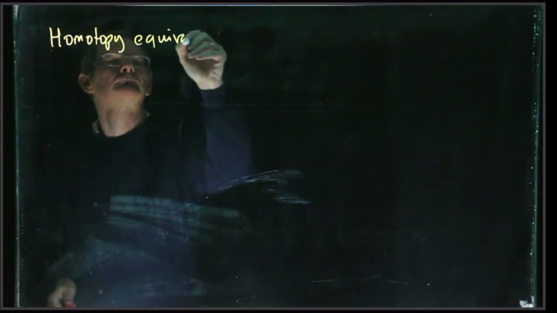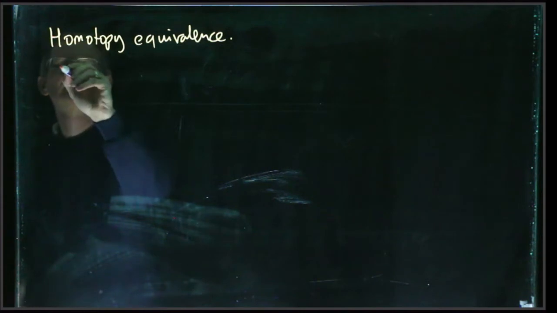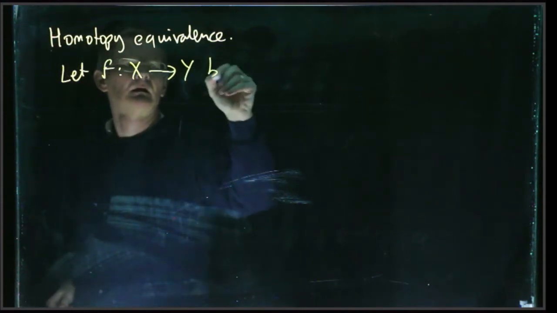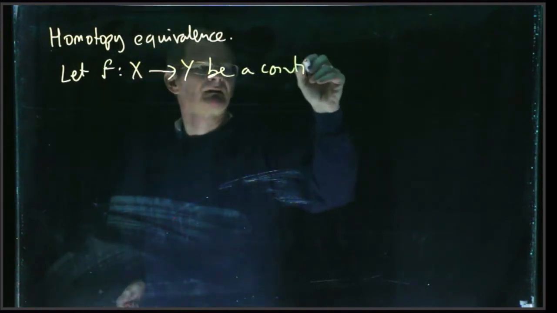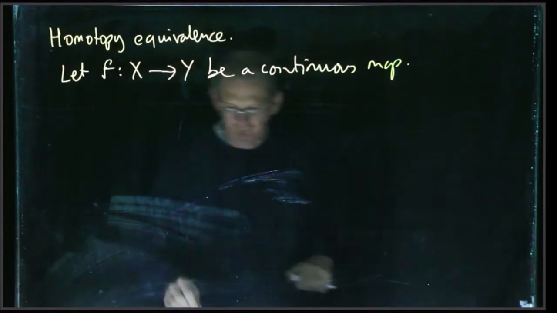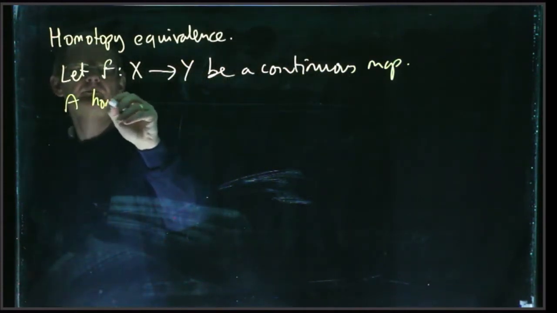Okay, so in this video I'm going to talk about homotopy equivalence. Suppose we've got a continuous map F from space X to space Y, and so a homotopy inverse